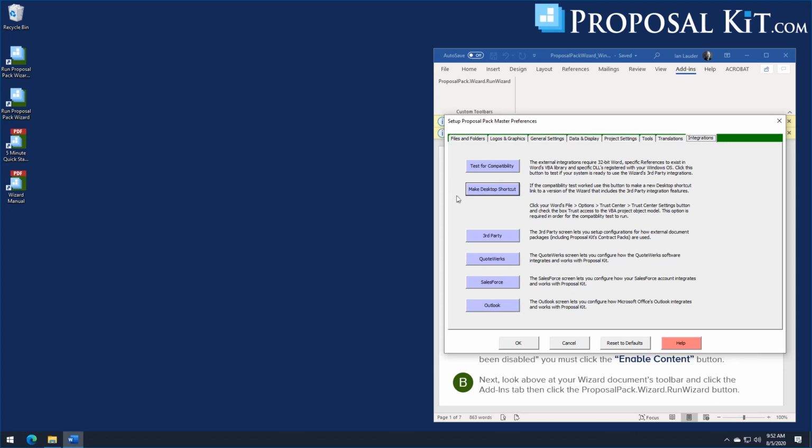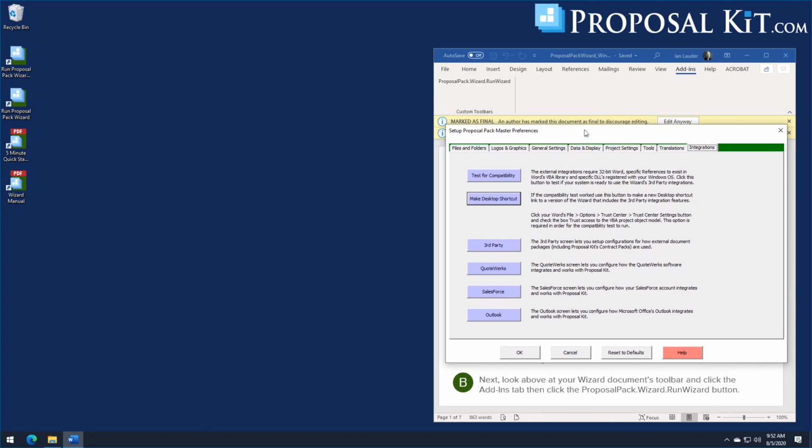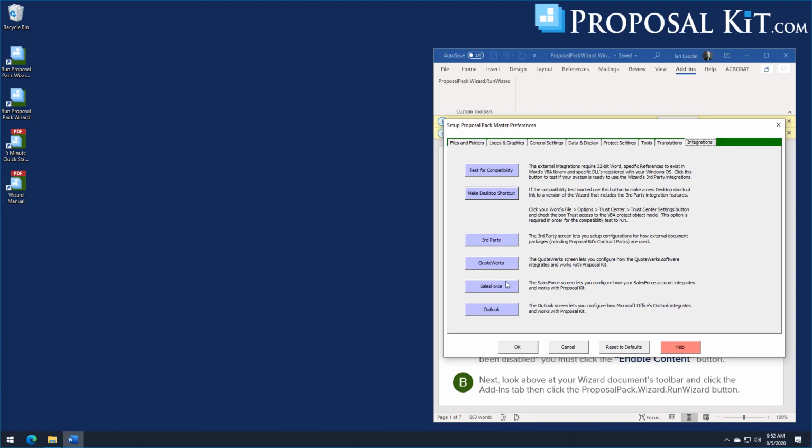And you can also do a test for compatibility. This will check a couple things to make sure that you can run the full version of the wizard, such as whether you're using the 64-bit versus 32-bit version of Office. It'll also do a check on the Salesforce DLL and so on. We kind of know in this case the Salesforce DLL is not registered. So now we can click the Salesforce tab here,